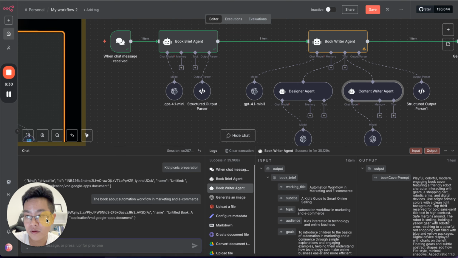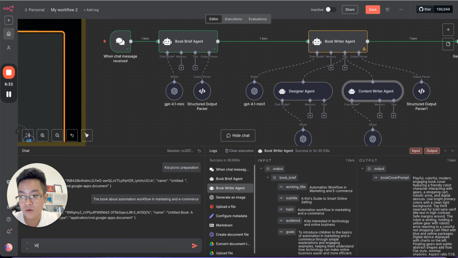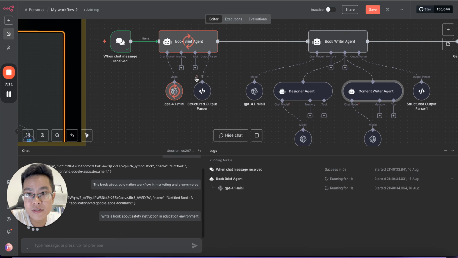Okay, so let's say: write a book about safe education safety instruction in education environment. So it is a very simple request from a user, and if we trigger the send,